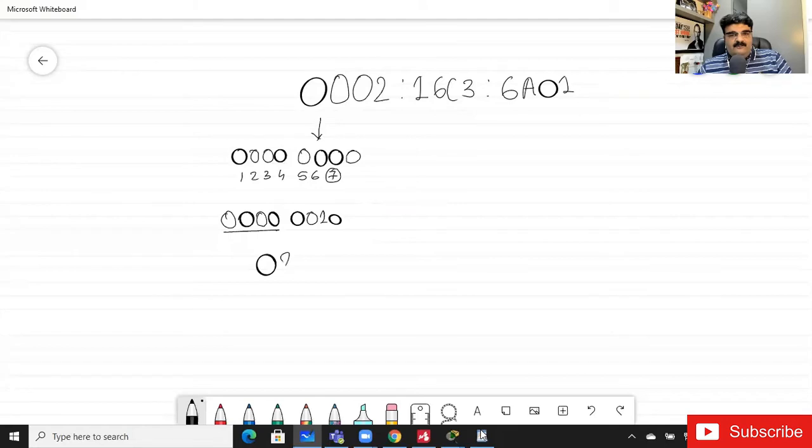So it will be 2. And then again colon, then 02, then again colon 16, then C3, then 6A, then 01.